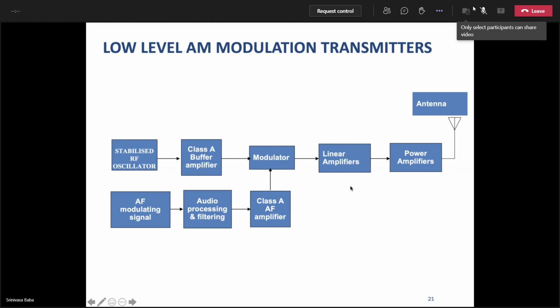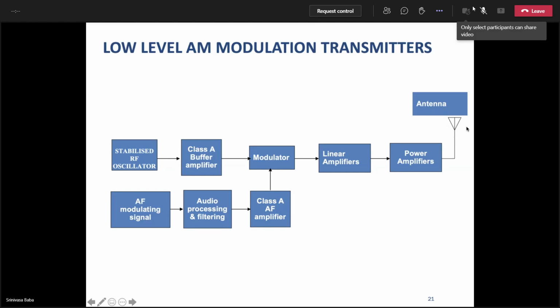And then linear amplifiers, class A or class B or class AB. Generally, in low level modulation, we prefer using class A power amplifiers. So you have a chain of power amplifiers if the power is not sufficient. If power is sufficient, we'll use only one amplifier. If the power is not sufficient, we'll use cascaded power amplifiers to improve the level of the signal strength to a desired value, to a rated value. This is about it.